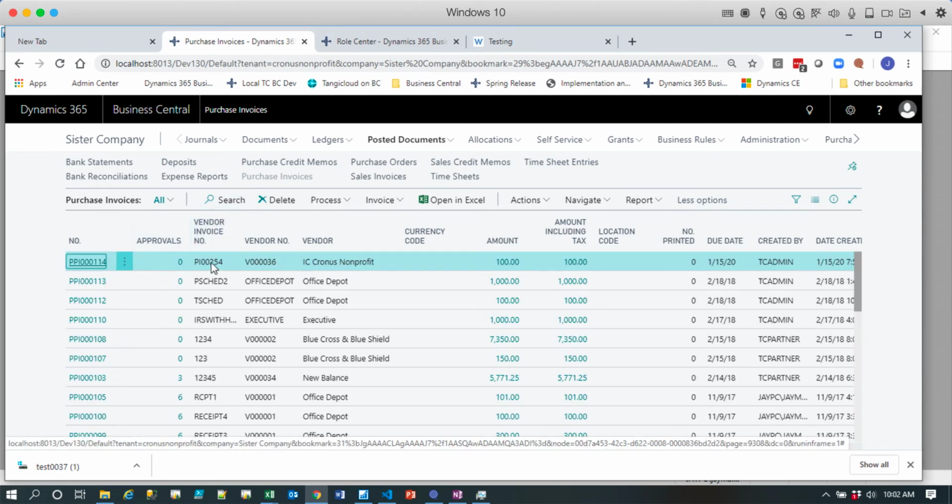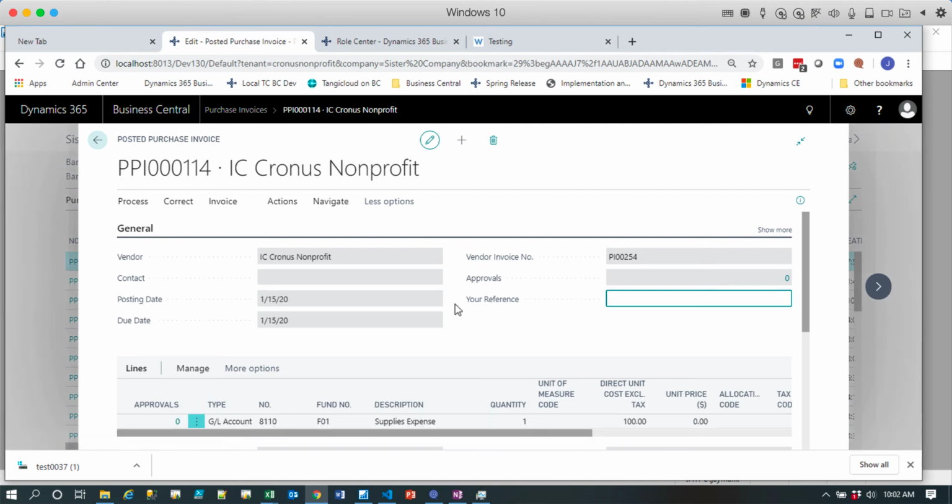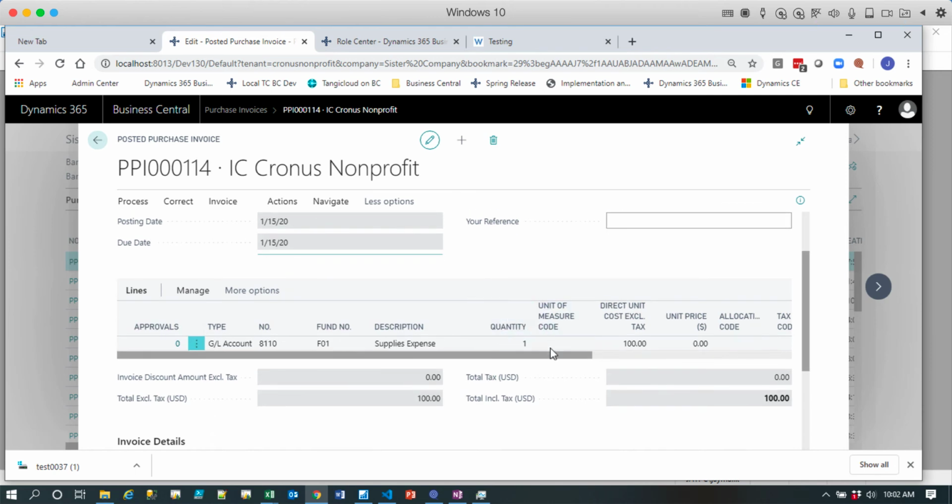So this is the document that we set up over in the subsidiary company. And in this case, we're paying to our intercompany partner vendor, which would be, in your case, BAPS Inc. I'm just tagging it to the IC Cronus nonprofit company partner that I have. This was the invoice that we received from the parent company that we're paying. And we went ahead and posted the fact that we're going to pay $100 out to